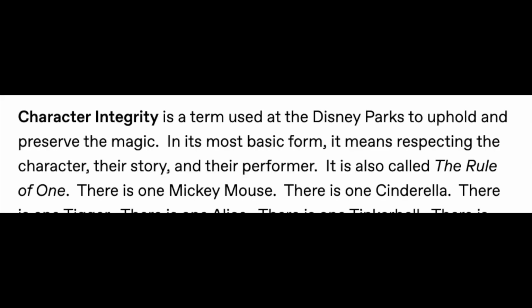And the reason for that, like, you're not allowed to wear costumes and dress up as a Disney character. The reason for that is because of something that Disney calls character integrity. What that basically means is that if you dress up as Princess Jasmine and you look like Princess Jasmine, and the other guests at Disneyland don't know that you don't work for Disney and you're just there as another guest, you could potentially say or do anything that may be something that Disney doesn't agree with, or